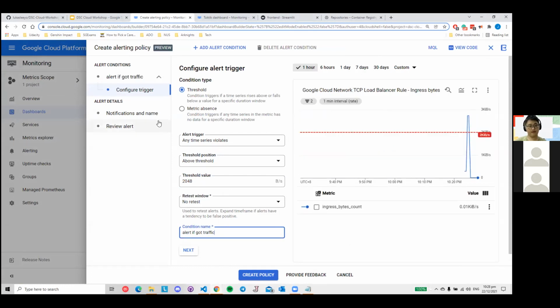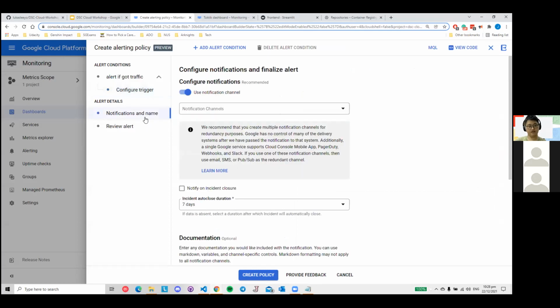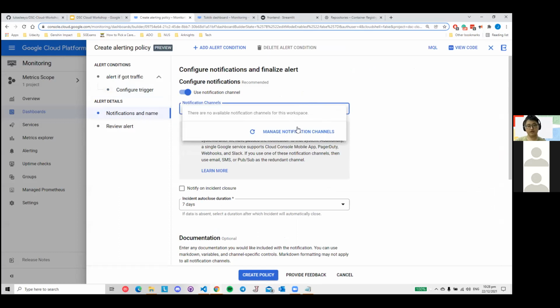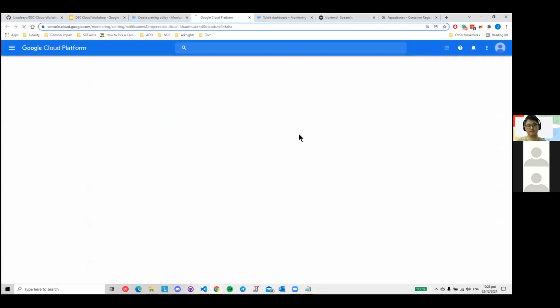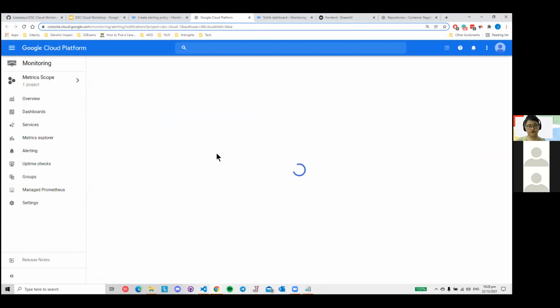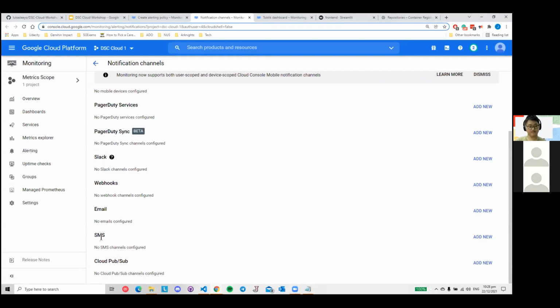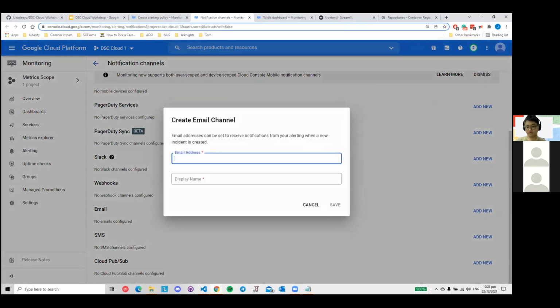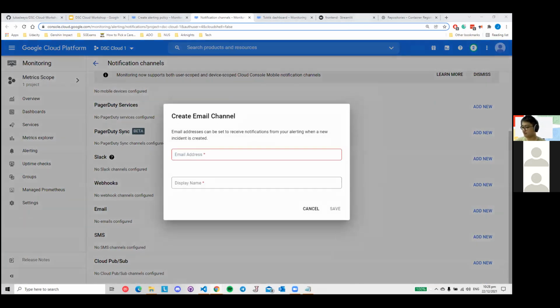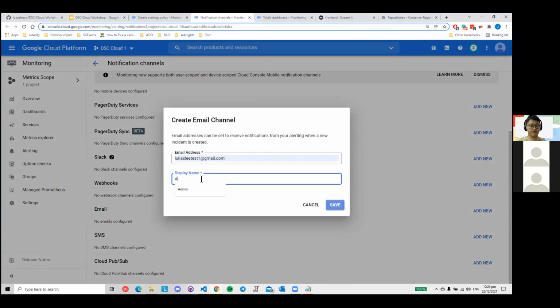Okay. And then after that, you can specify your notification, who you want to notify. So you can just click manage notification channels. And then you can actually choose how you want to notify. You can choose to notify through SMS or email or Slack. So for this case, we'll just choose email. And then let me just copy paste my email. Okay, give me a sec. Let me just start my email. Yeah, this one. And then for display name, just put maybe admin